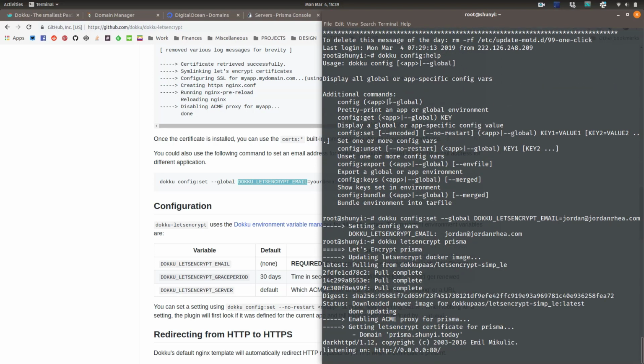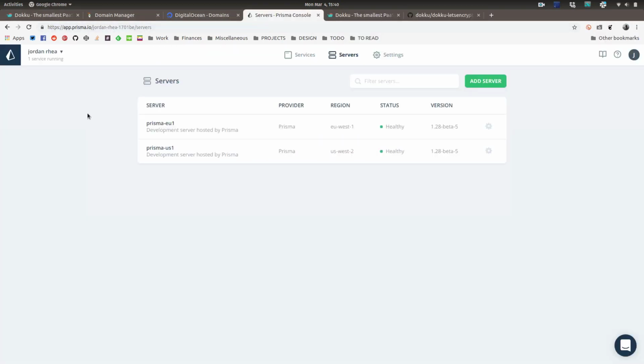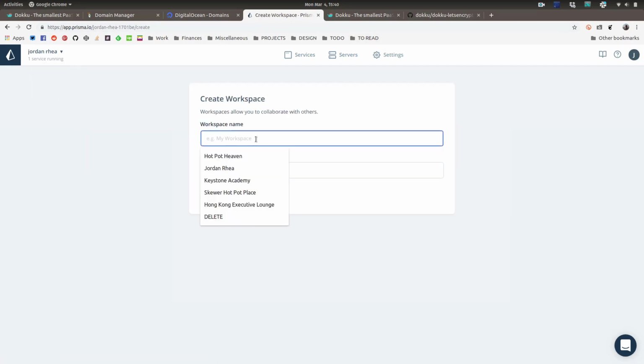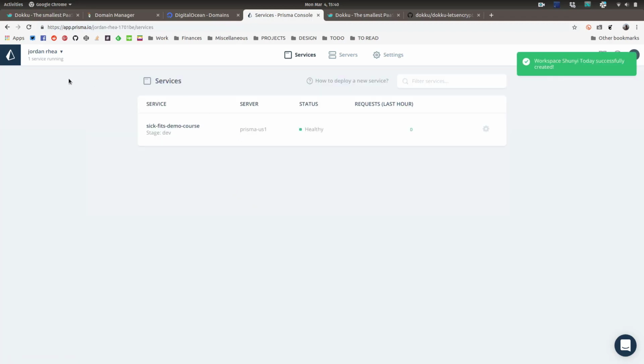Well, I might as well let it finish because we need to then go over to our Prisma console and we need to add a server. I'm going to actually create a totally new workspace for this. I'm going to call it Shunyi Today. Shunyi Today is a good slug, that's fine. Workspace created,